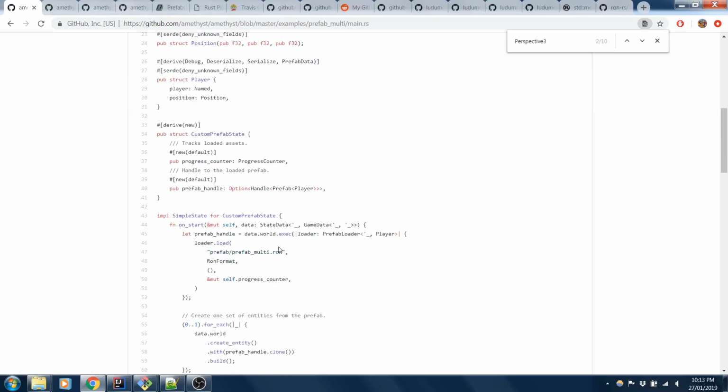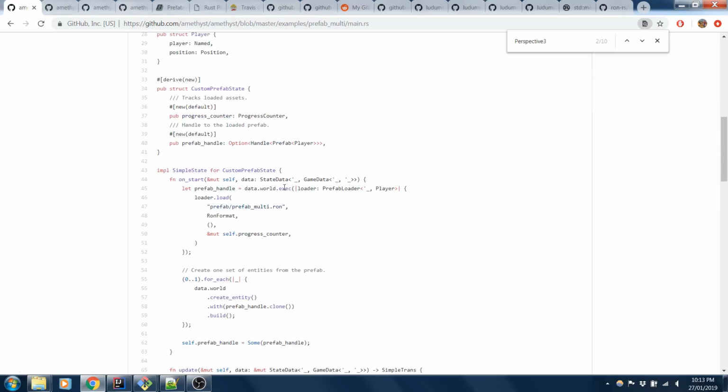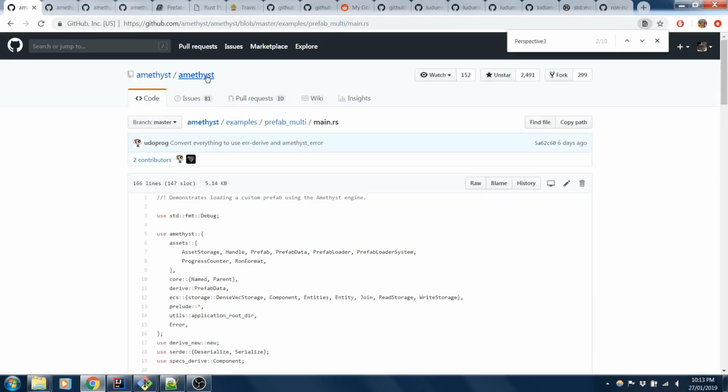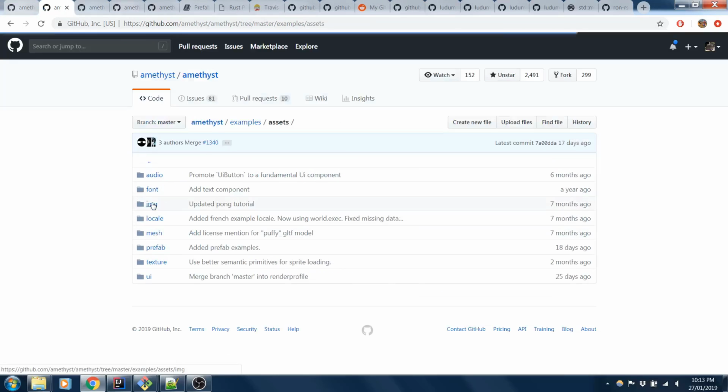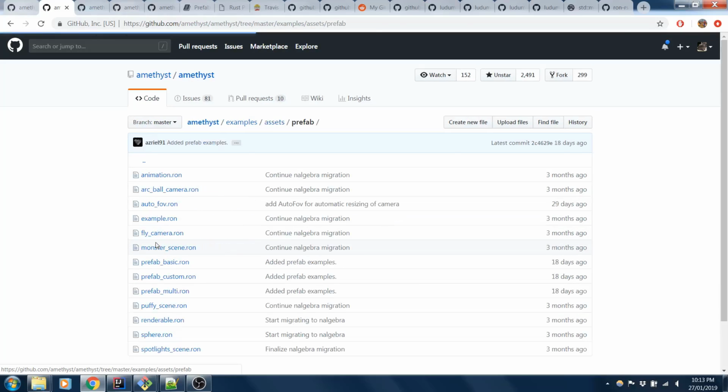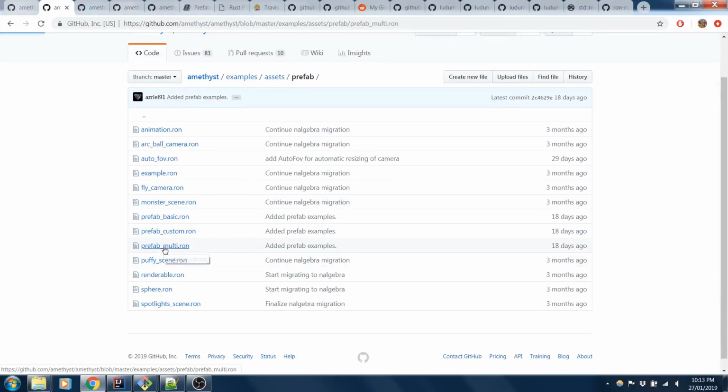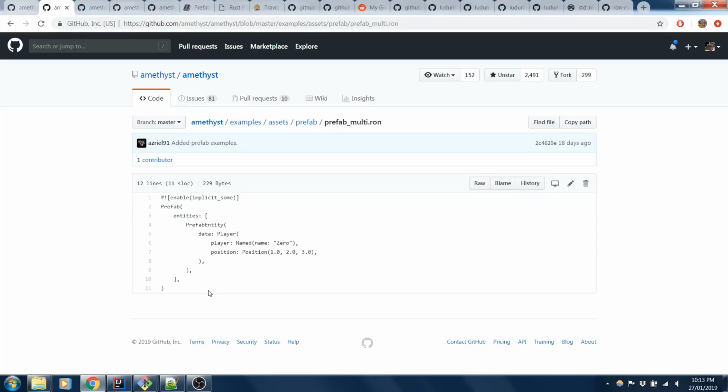It's called prefab/prefab_multi. I think it was in here. I have so many tabs open right now. I'm not happy about that. Oh yeah, look at this. Prefabs all over the place. Oh yeah, here's the player 0. Exactly. Okay, so